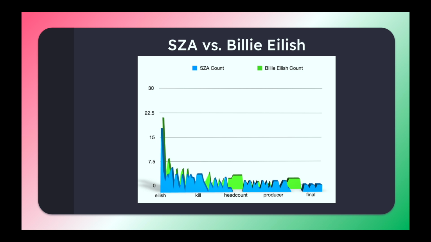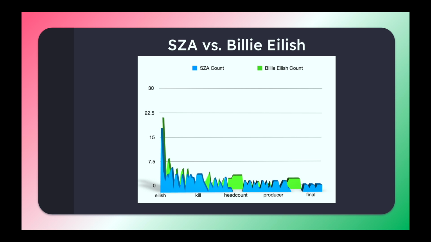Taking a look at more visual representations, I converted the top 50 most frequent words and their frequencies between SZA and the additional artists into 3D graphs. Starting with Billie, you can see SZA in blue and Billie Eilish in green, and you can see that towards the beginning of the graph on the left-hand side, the green and the blue tend to match pretty similarly, and you can see there's only two significant windows where you can see the green peeking through. But for the most part, the blue and the green match, and there's not really much room for one color